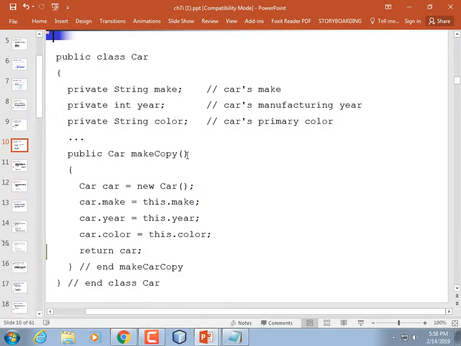Here they show an example inside the car class, creating some code that will make a clone of the object, so that you can do something to the effect of, if you had this code sitting there,